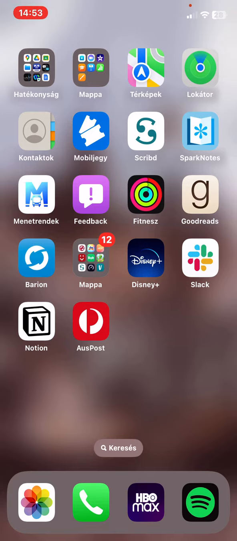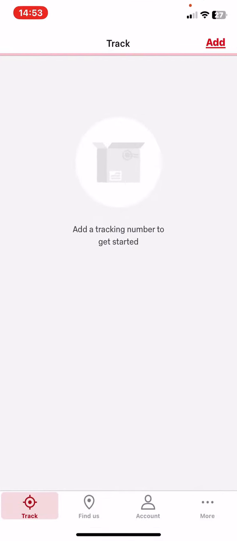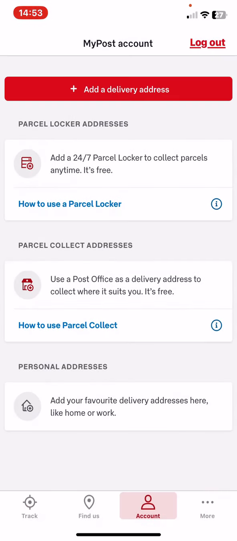First of all, open the application on your phone and then click on the account button at the bottom of the page, and at the parcel collect addresses section, click on the information button next to the how to use parcel collect